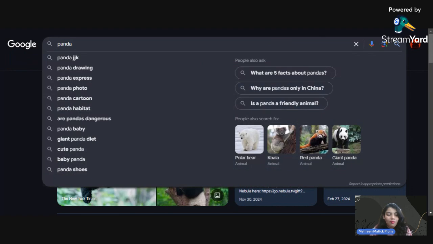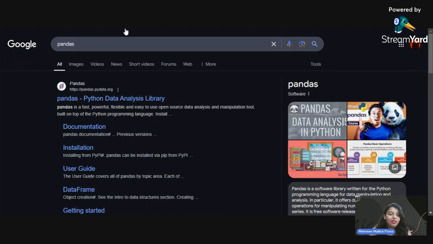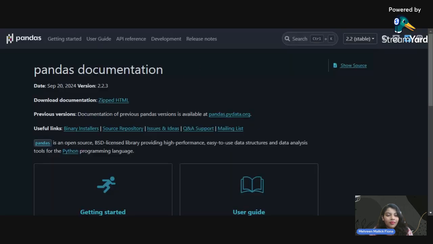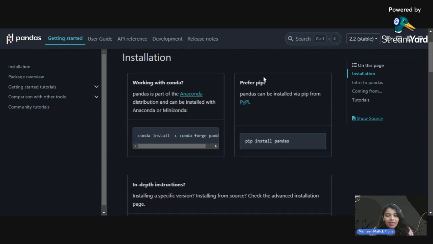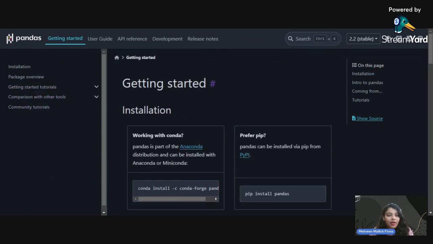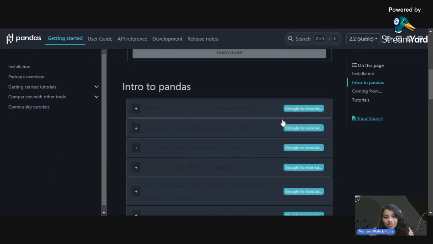We are going to know about pandas, which is a Python data analysis library and which is a very popular tool because it is built on top of Python and it is open source so anyone can see its code and contribute back. So we are going to know about it. So let's see the documentation first. So let's see. Getting started, there is some installation, but I don't want to see the installation. So let's see what we can see.